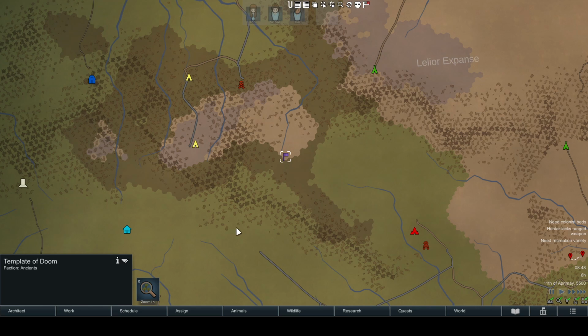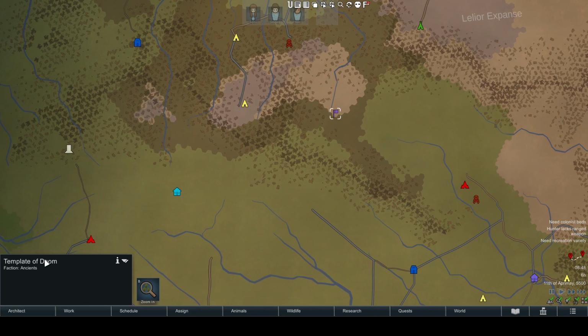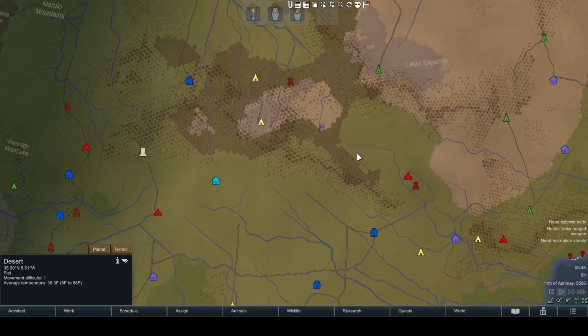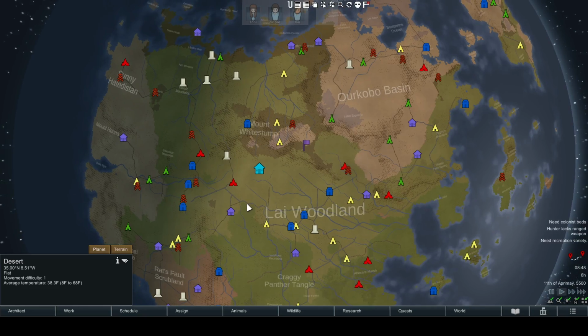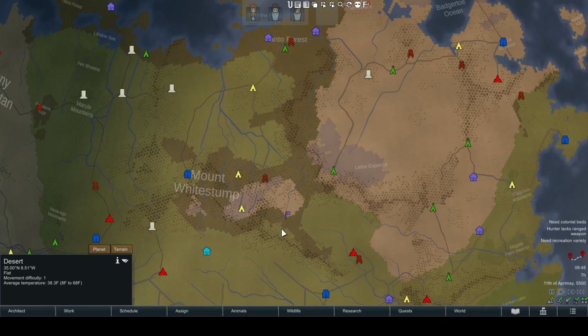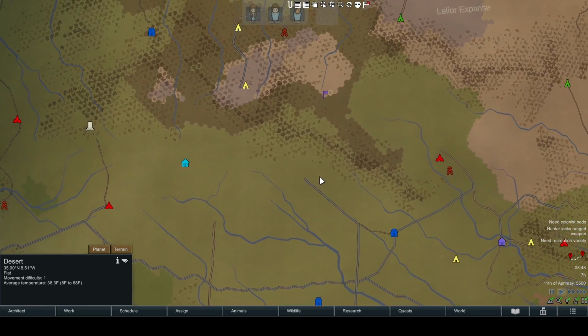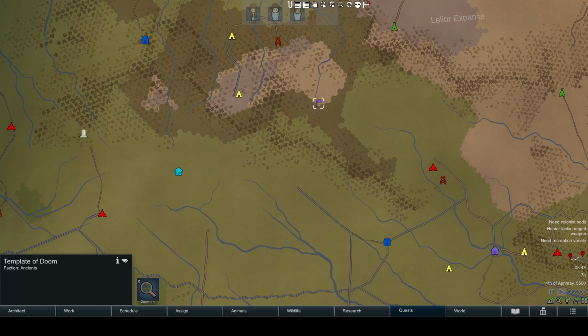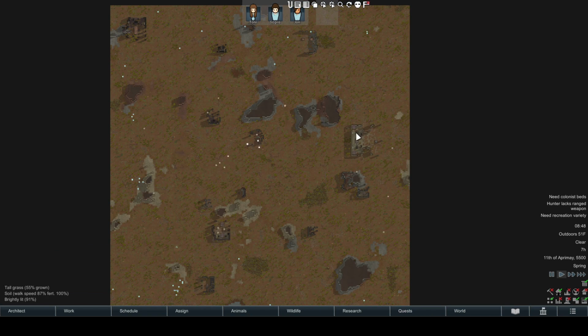This purple flag is going to be our Template of Doom. You can see that it's actually at the closest desert. So right here we have a desert, and basically it could have walked this way and found this desert over here, but instead it walked up here and it settled out here. Now if we go to here, what we can look at,